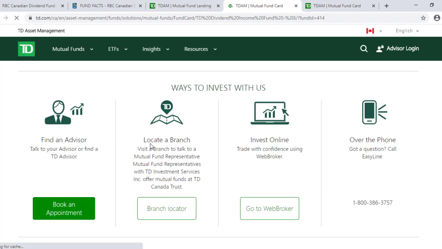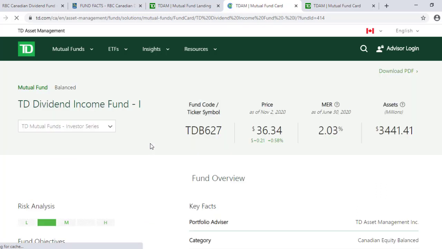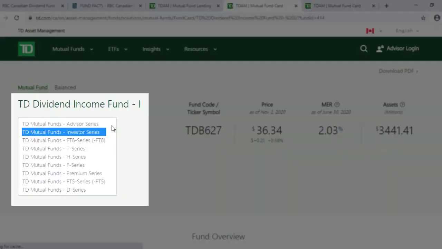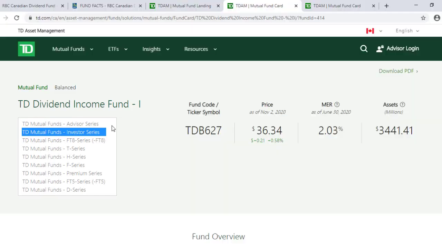When looking at mutual funds, you may or may not have noticed that they actually come in a variety of series. The fund is the same, but the price attached to each series is different. How and where you purchase that fund will determine which series you get. At TD, for example, if you're purchasing your mutual funds at the branch, then you're buying Series I funds. In this example, the MER is 2.03, and that fee includes the cost of everything needed to manage the mutual